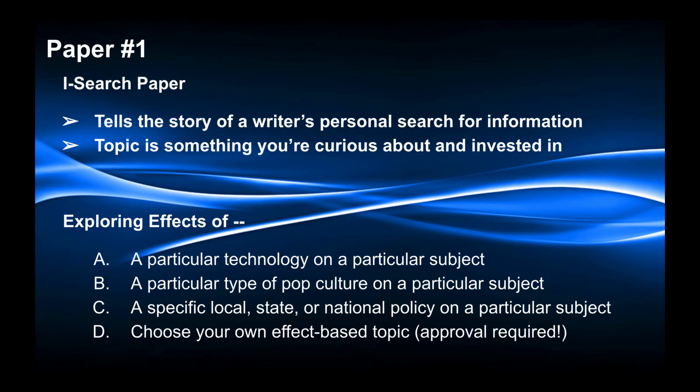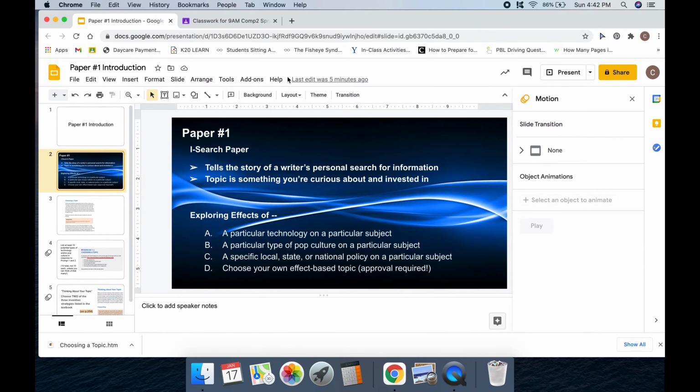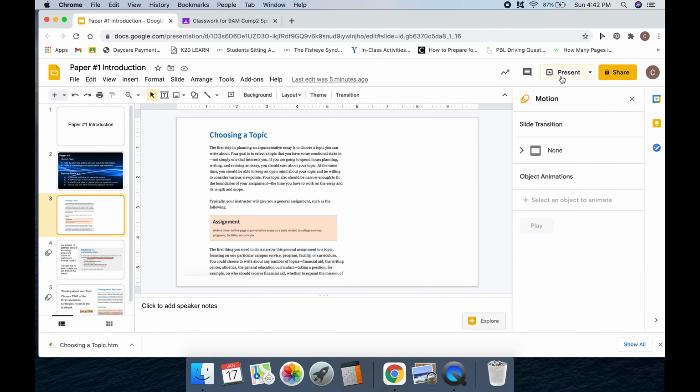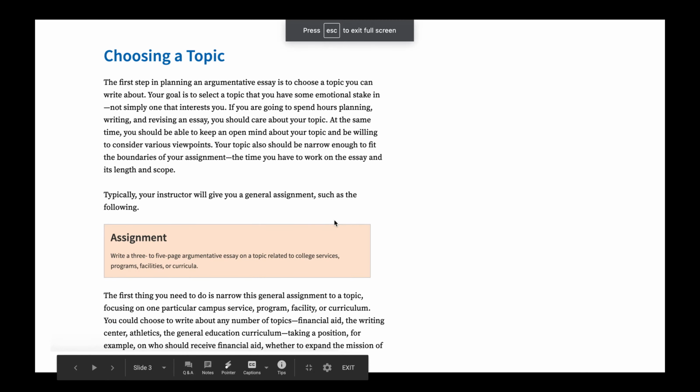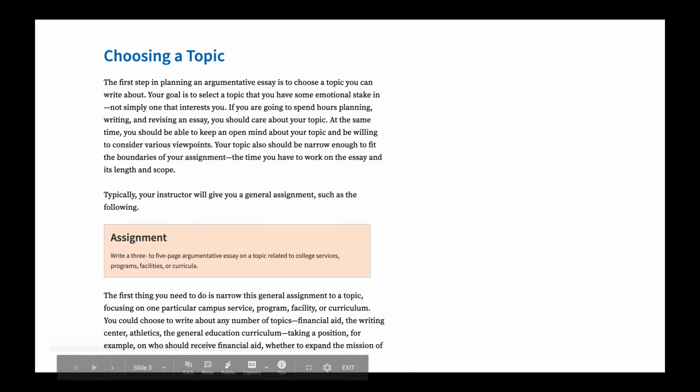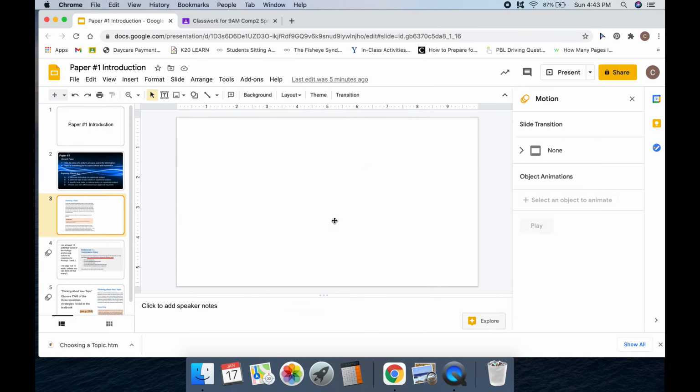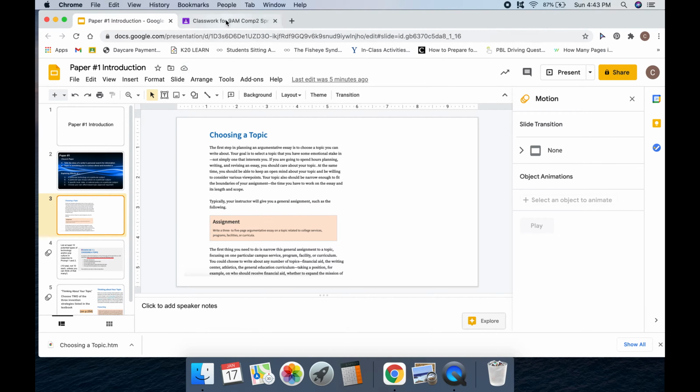So now that you have a little bit of information on what this paper contains, you're going to want to make sure that you've read the textbook reading. So it begins with the idea of choosing a topic and goes on for just a few pages. It's a pretty short reading, but it has some information about how to choose a good topic. Make sure it's narrow enough. Make sure you have an open mind about it. So the textbook reading is actually very helpful as you begin to choose a topic.